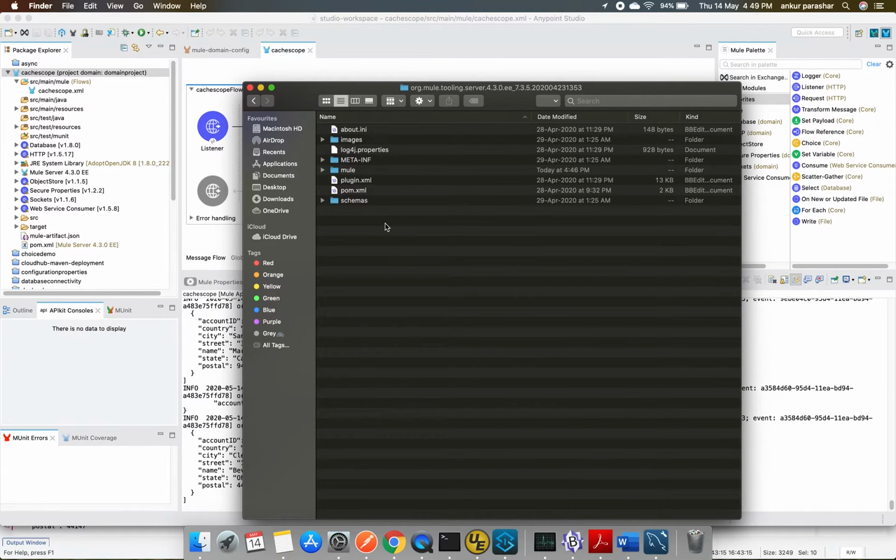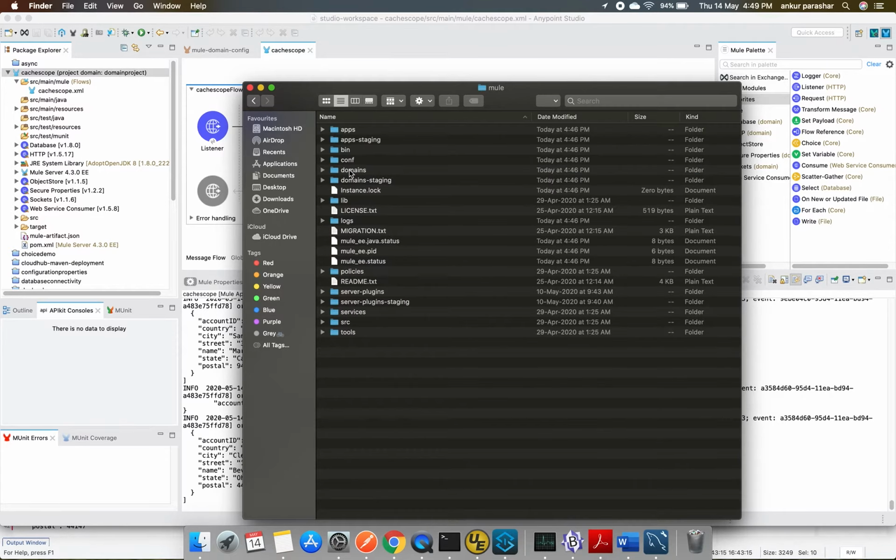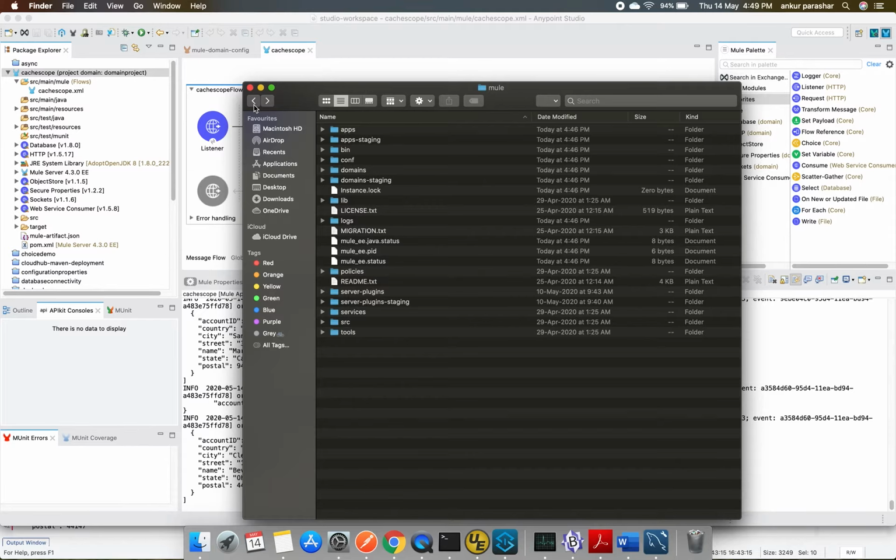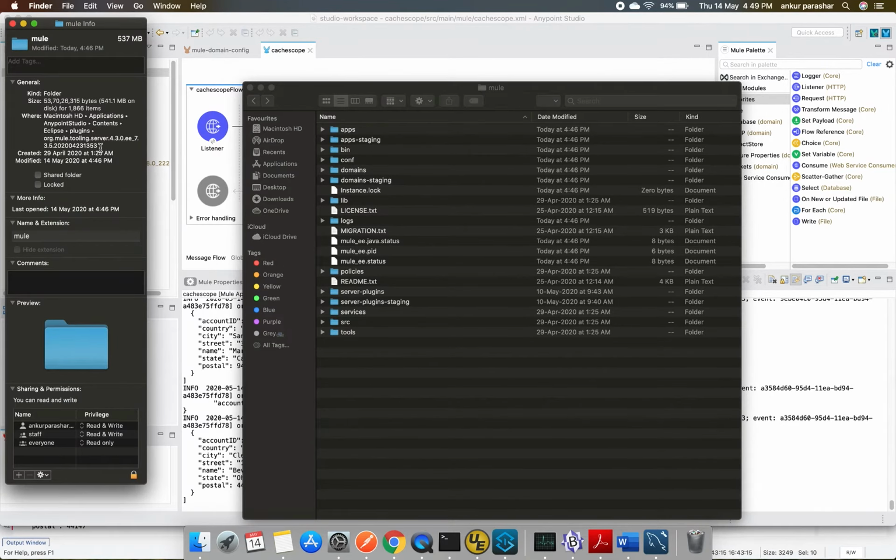After that I will go inside mule, and here you can see whenever this Mule runtime is running at the Anypoint Studio level, it deploys within this particular folder. So let's try to go up to this level. I will do the get info out of it. I will copy paste this,